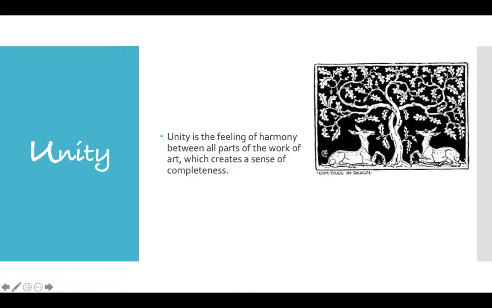So this one here just has black and white for its coloring. You can see that it has symmetrical balance, so it's equal on both sides. There is repetition between these two main objects and the tree with the leaves. You also have a little bit of movement or rhythm with the leaves and how they flow. And then you have proportion with the size of the deer and